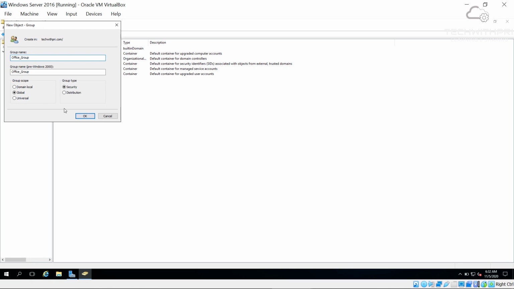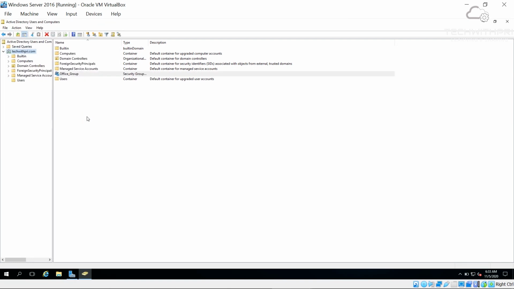The group scope should be Global and the group type is Security. We choose Security, not Distribution, because Distribution is used for creating distribution lists for email, which works with the Exchange server. The security group is secure, so we can provide shared access to the users. That is why it is Security. I'm going to click OK, and here we go, we have created our Office Group.